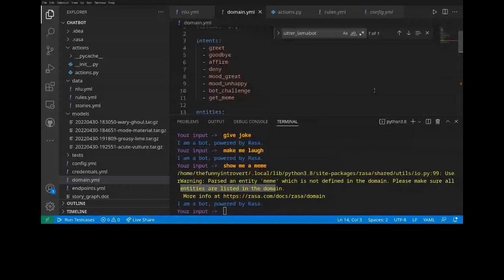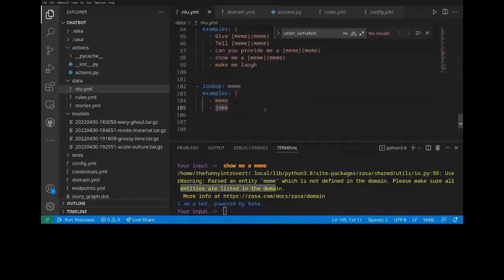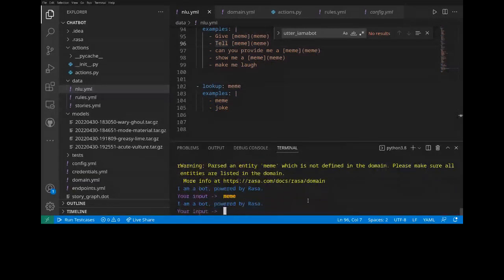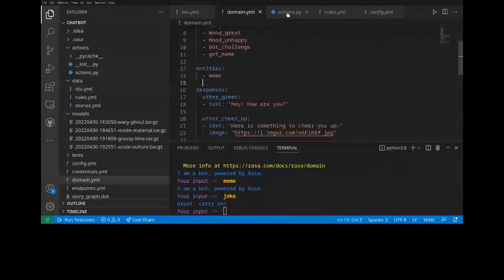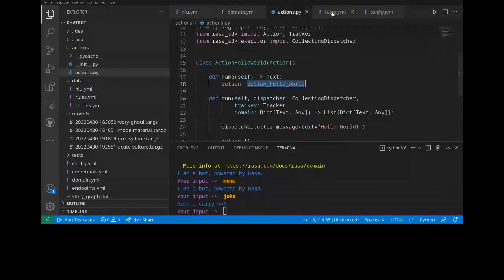I hope you were able to understand everything. It is pretty simple. Just think of it as a type, and in that type, you write all the words all at once, so that you don't have to type again and again, like give me meme, tell me joke, all that. Now, if I just type meme, as I said, it will work. If I do just joke, it will not work, which is pretty weird, but it should have worked. Okay. That is that.